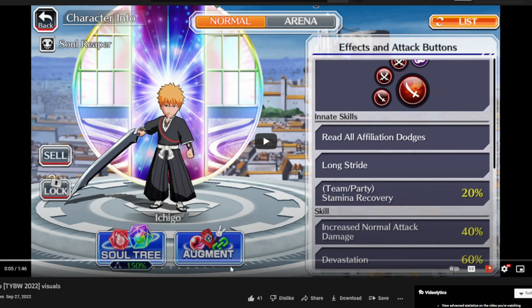Read all affiliation dodges. Right there, that's really, really good. He is a heart unit, so that's a heart all affiliation dodge character. That means any enemies that dodge, it doesn't matter what their affiliation is, if you're taking them into the raid, or I should say difficulty quest or co-op, he's going to be able to read their dodges and hit them. Long stride, which is going to make avoiding damage easier, for example,